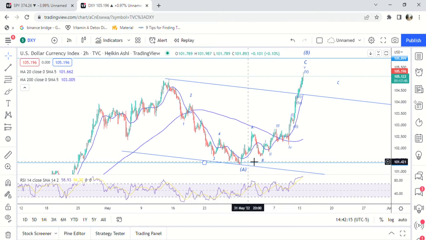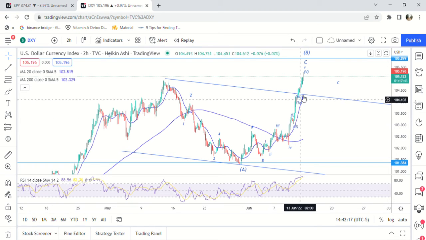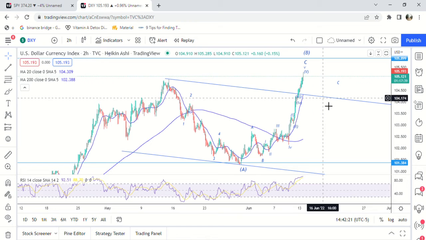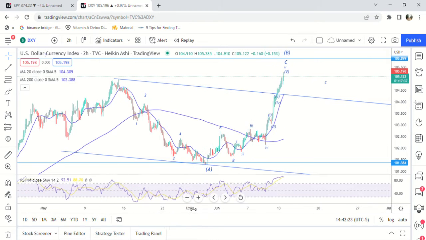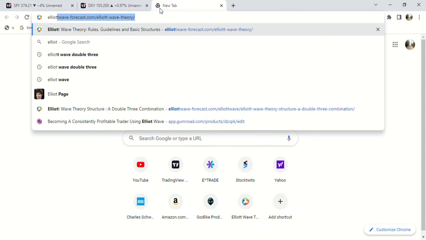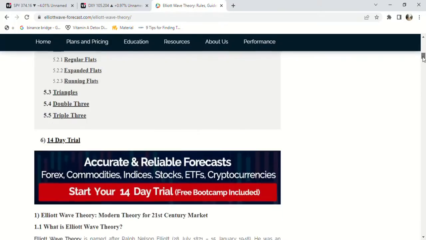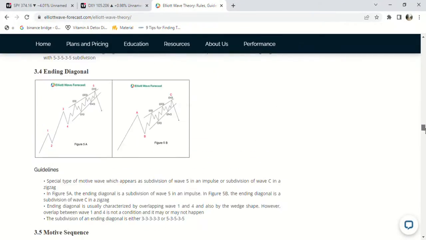This is A, B, C, A, B, and then you have this extended fifth wave for the C wave to complete the B wave. Now, what kind of wave would it be if this is correct? Let's go here, and you can look at all the different. This would be a